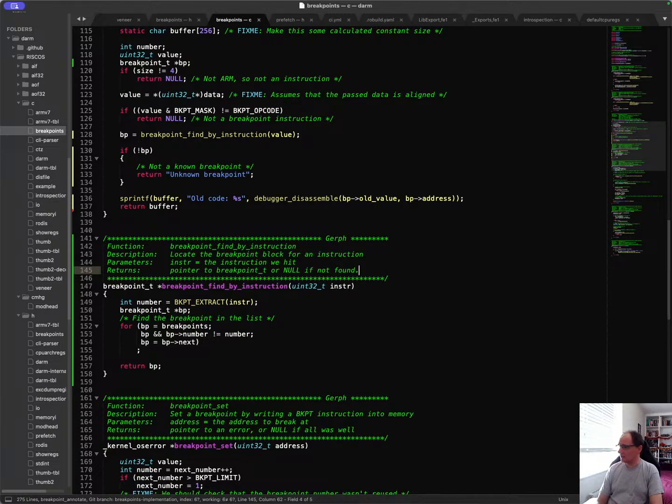Dave has suggested, I wonder if it's worth having an instra_t and an addr_t. It won't catch anything, but it's more self-documenting. That's probably a really good idea, Dave. Yes. Gerph has also suggested that